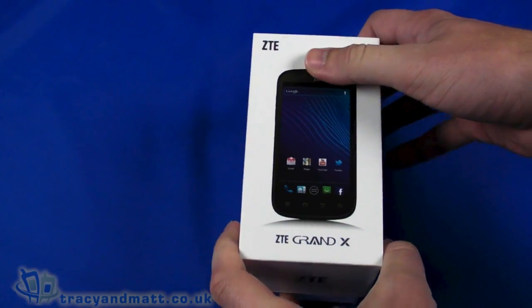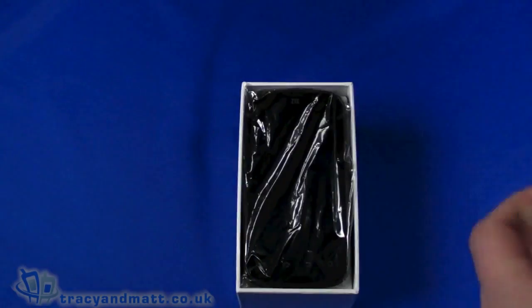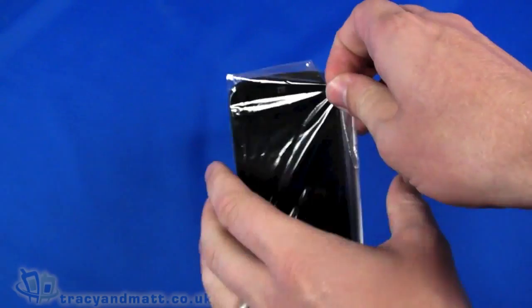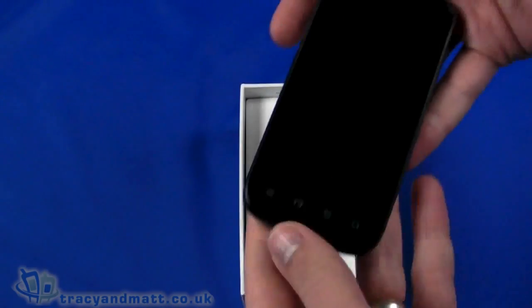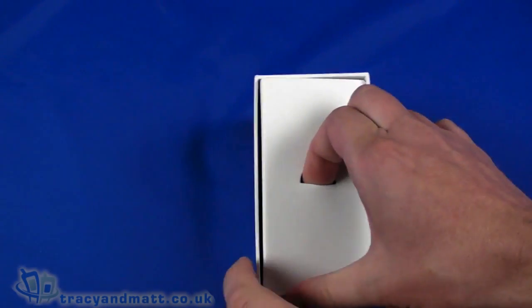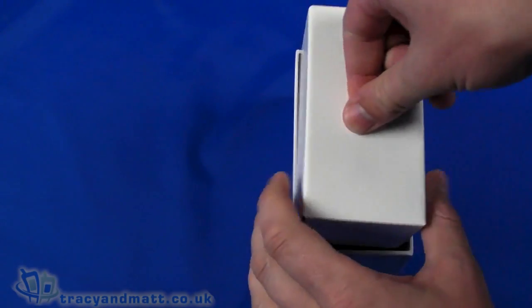We're going to do a quick unboxing video for you and take a look at what we've got inside and take a look at the handset itself. So on top we have the handset, this is the Grand X, which we will come back to in just a moment. Also in the box, in terms of accessories, we have